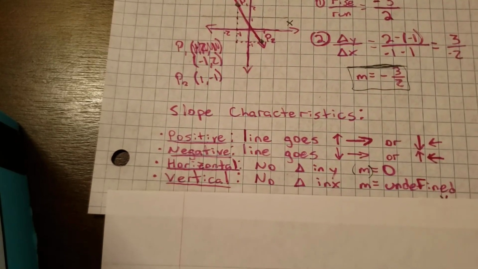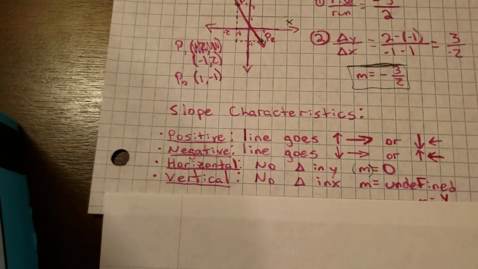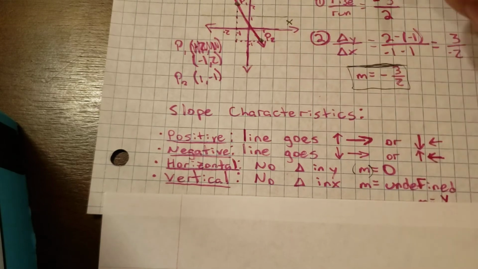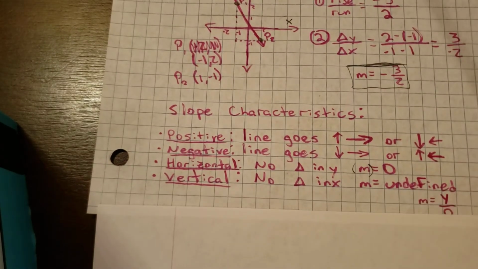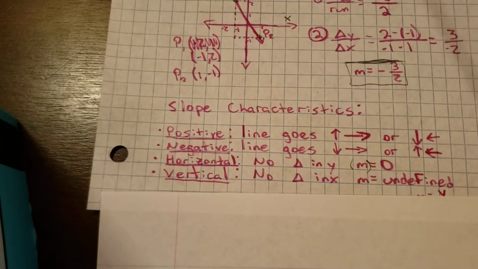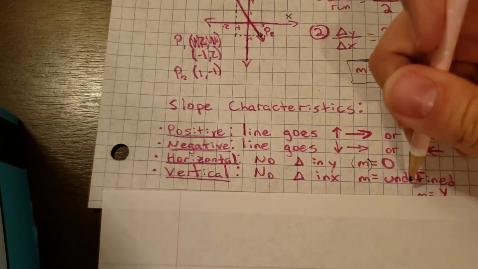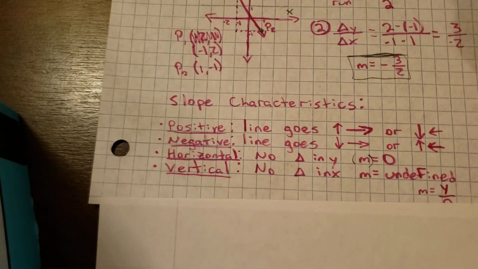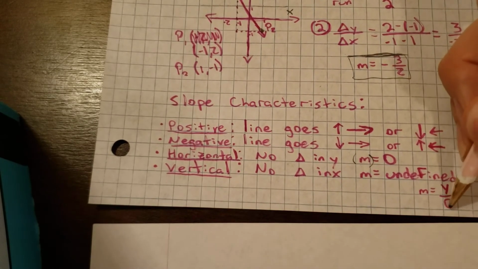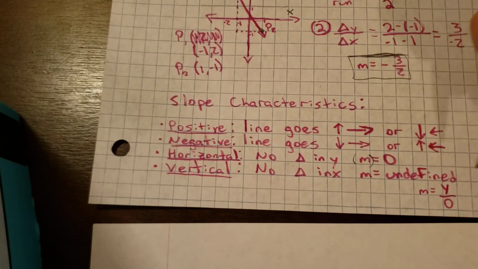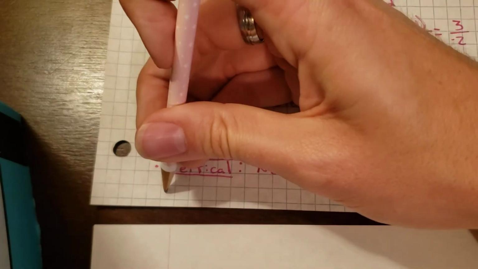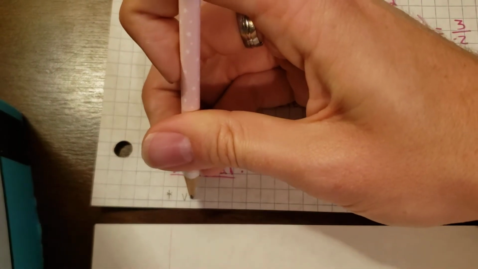The other thing to note is that vertical lines have no change in x, which means that we have an undefined slope. And that's because if there's no change in x, our x stays the same, while our change in x is then mathematically 0. You can't divide anything by 0. It just doesn't work. Also, vertical lines